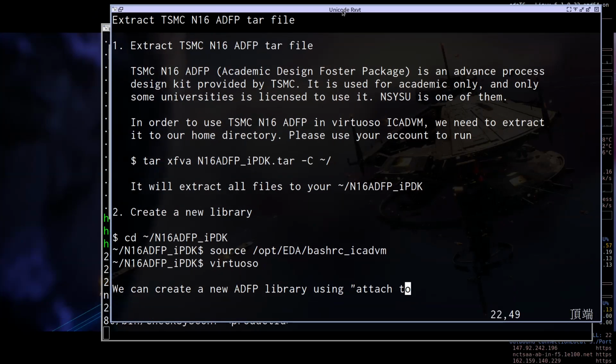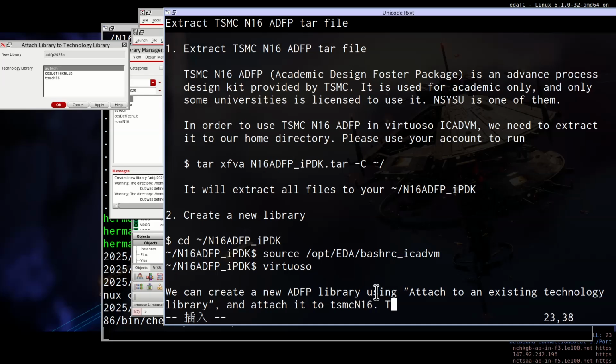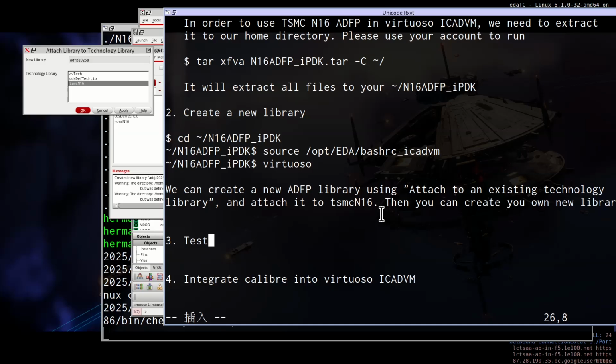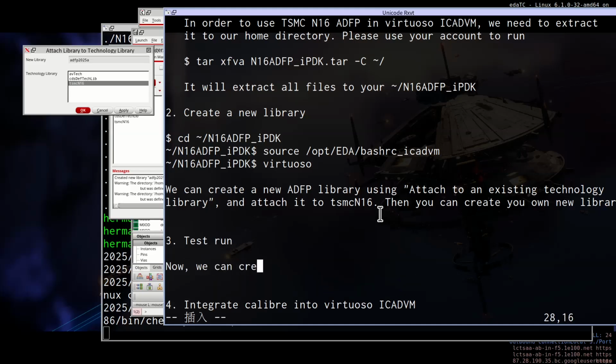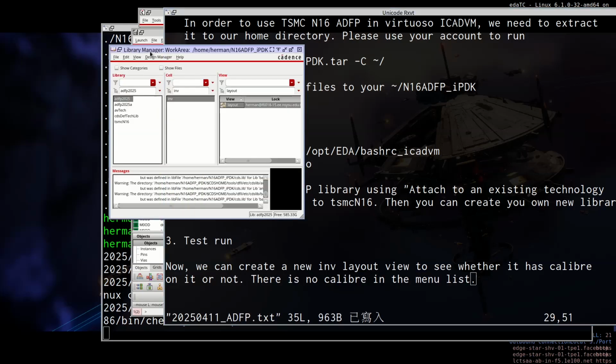Using attach. Let's just write test run. So there is no menu.